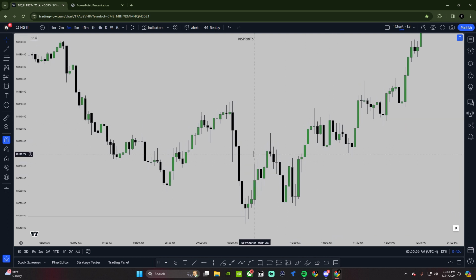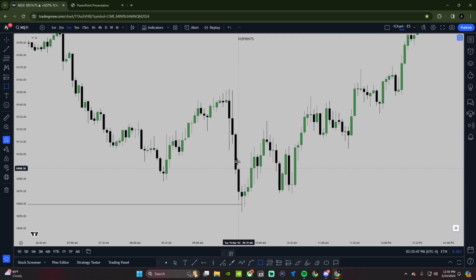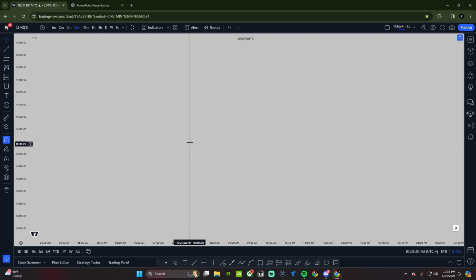Yeah, we were within a 4-hour PD array. We took out a 15-minute low, but there's some setups, guys, that you have to know when to take and when not to take. Typically, a pretty telltale sign is when the low time frame doesn't give me a clear model. Like on the 3 minute, we have two, right? And then you would expect the 5 minute to have a clear model. Like, if we go to the 5 minute,